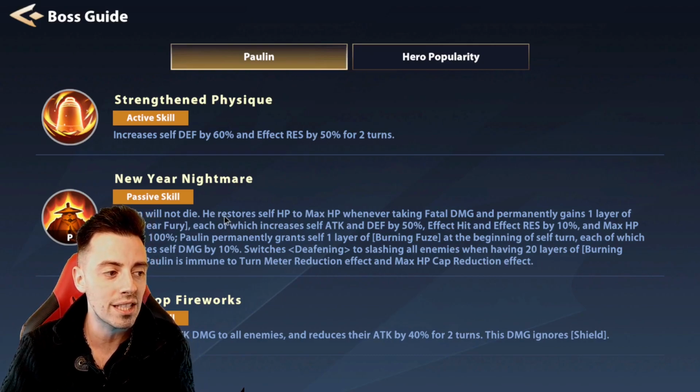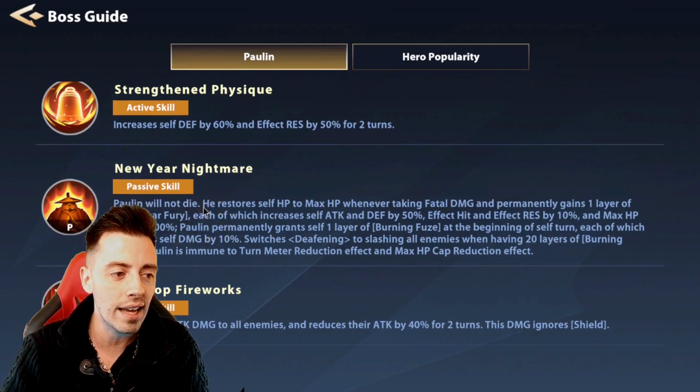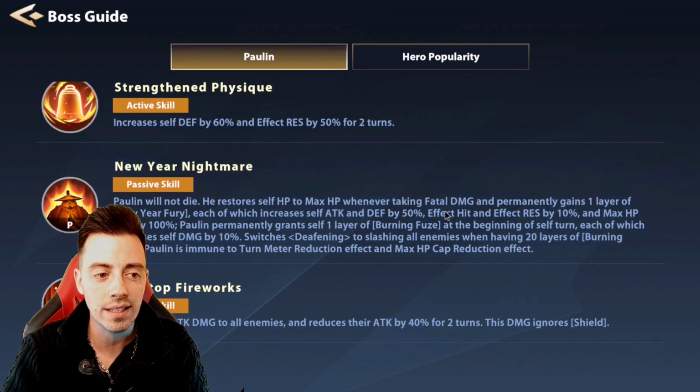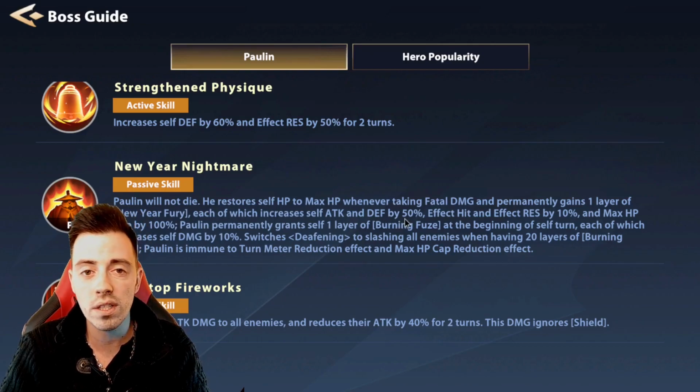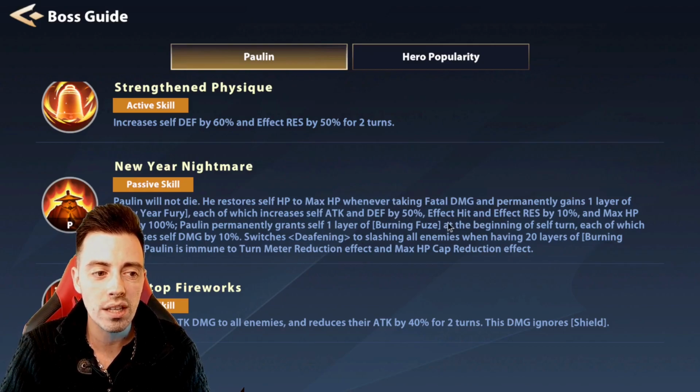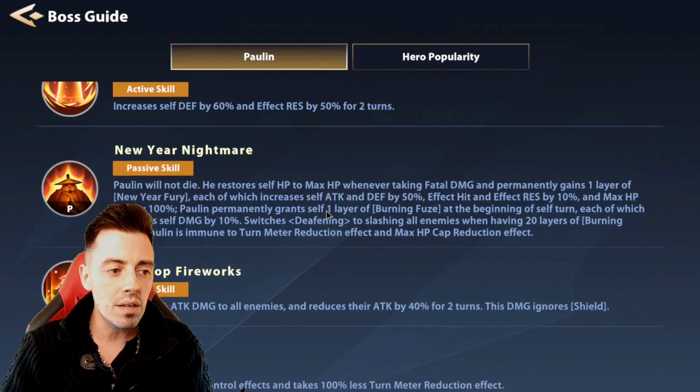if you read his passive skill right here, it is written that he can't die, and normally if he takes fatal damage, he will heal all his HP and get 1 layer of New Year Fury, and it will increase his attack and defense by 50%, so every time you kill him, he will get 50% more attack and defense and 10% more effect hit and effect resistance. And this can be pretty annoying